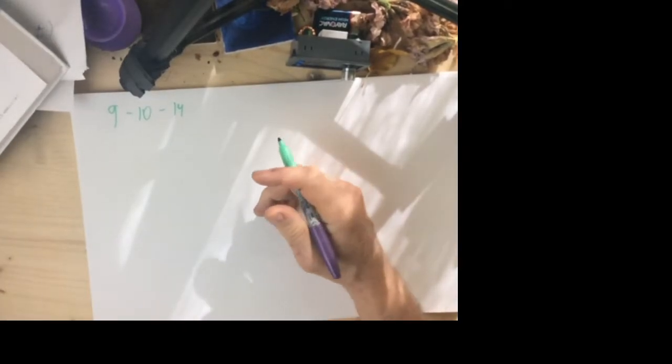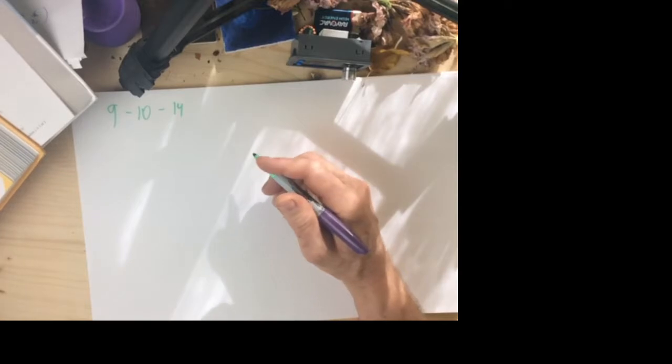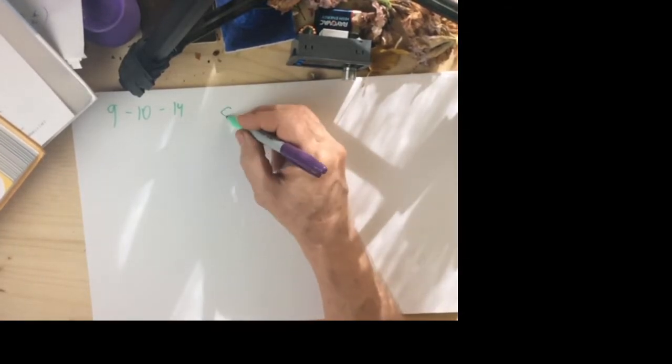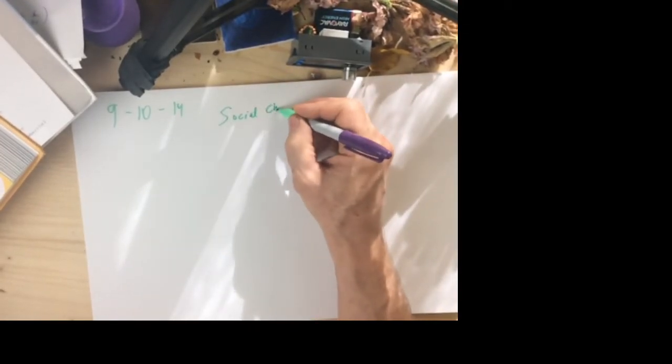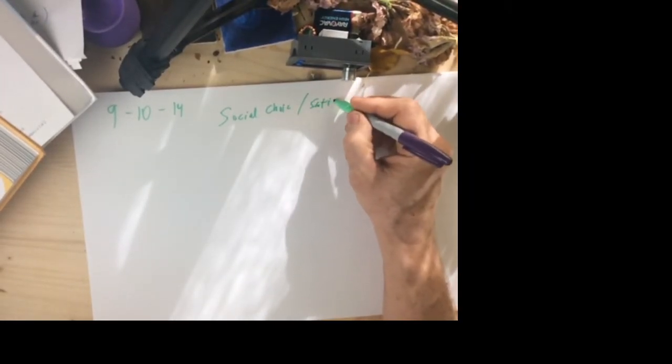Okay, so today, guys, we're going to start talking about chapter 9, 10, and 14. And it's rather an interesting process because it deals with electing. It would have been really neat if we'd been able to do this before the election. But this is all about the concept of social choice, and it's also about the concept of satisfying